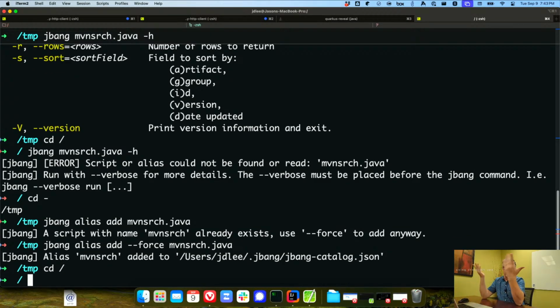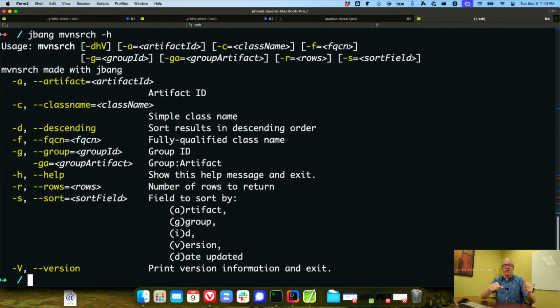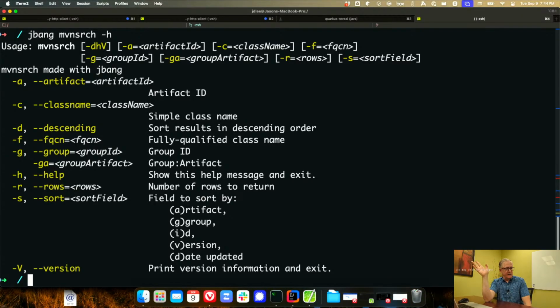So now, if I pick some random directory, I can run the search. Now it works. It looks up in the catalog, finds out where that script is actually stored, and can run it. Now you notice I already have the alias there, and sometimes you run into that, especially if you start using a bunch of catalogs, which we'll get to. You're going to find common names are already used. So when I add the alias,